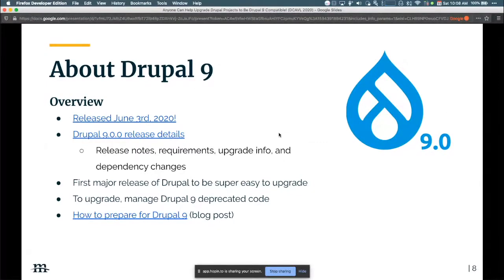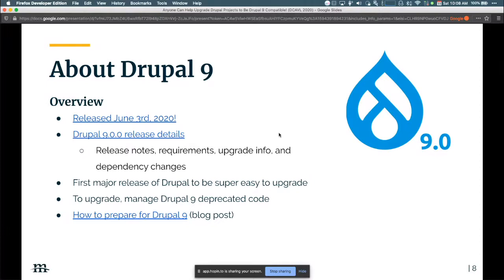So this Drupal 9, this is the exciting part. This is real exciting for me, having upgraded major releases of Drupal in the past, where it's been pretty much like create a whole new Drupal site in the new version, and then figure out how to migrate all the content over, figure out what new modules need to be used in the new version. So what's different now from that is that this is the first major release where it's really easy to upgrade.